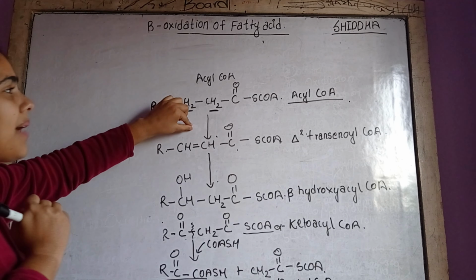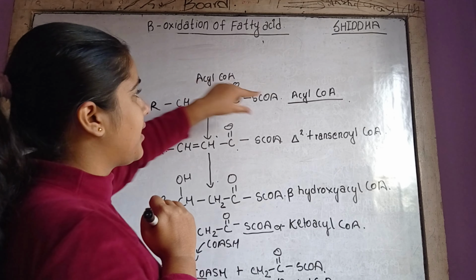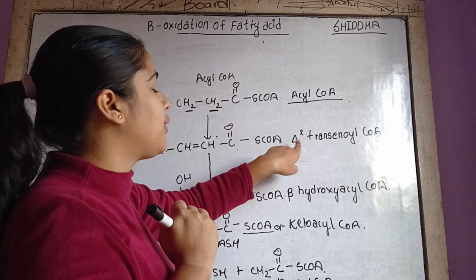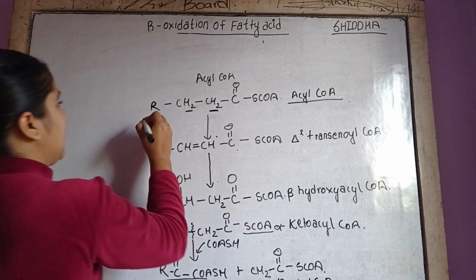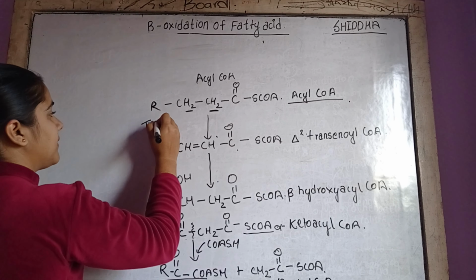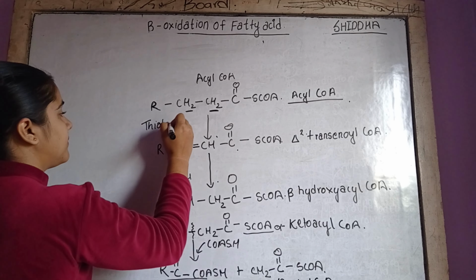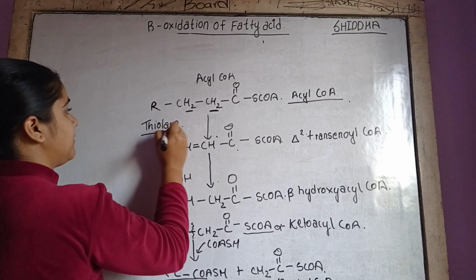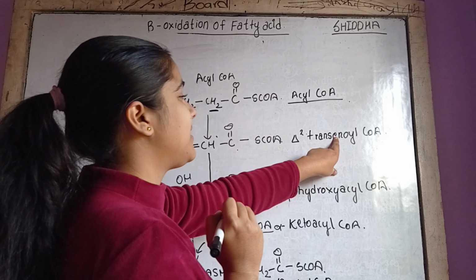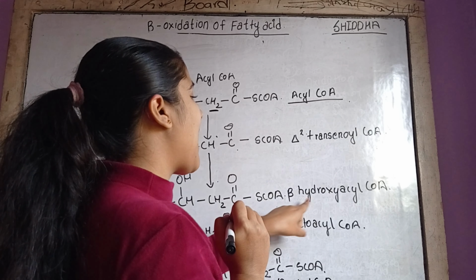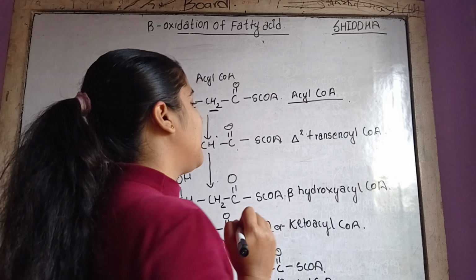Here, the enzyme used for the conversion of acyl coenzyme A to delta square transenol coenzyme A is thiolase. Similarly, the enzyme for the conversion of delta square transenol coenzyme A to beta hydroxy acyl coenzyme A is